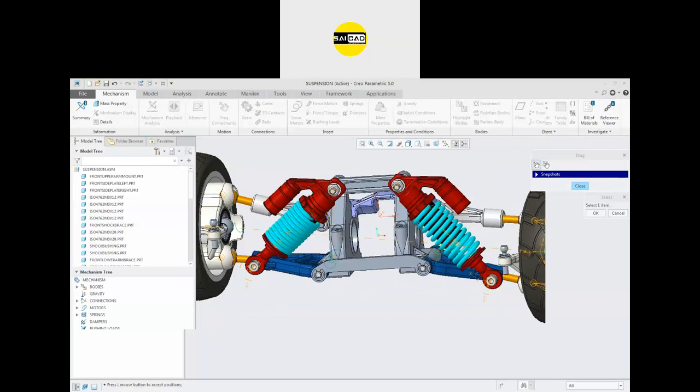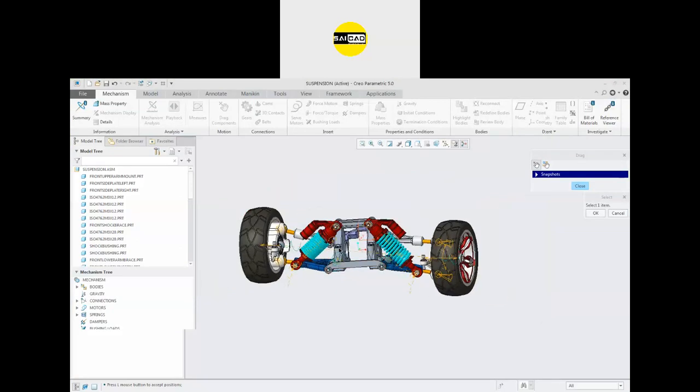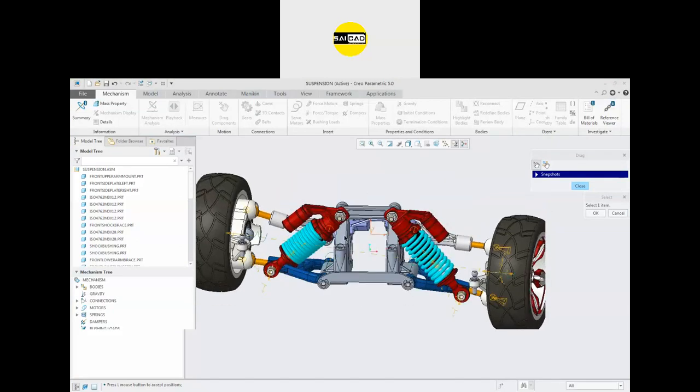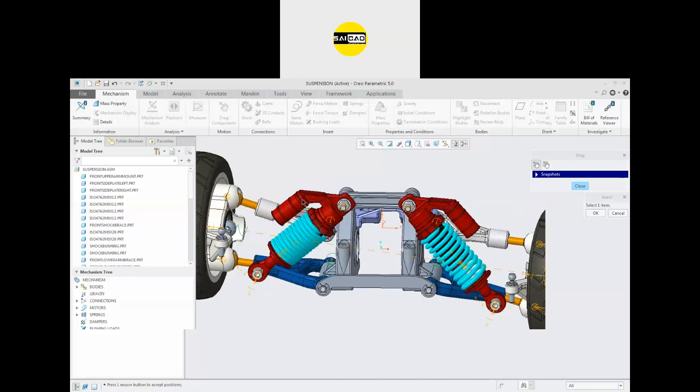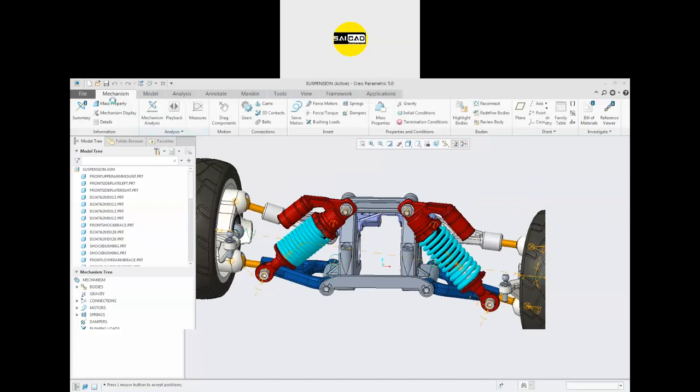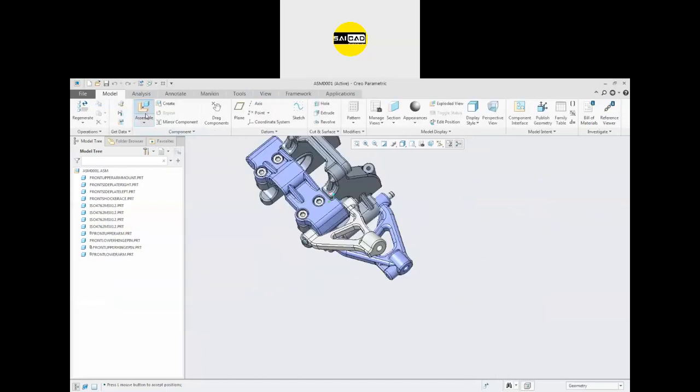So this was it for the assembly. In this way you can use the assembly. In the next session we are going to cover the rest of the motions. We will not cover everything in the assembly. We will cover the main joints. We have covered the options from here.